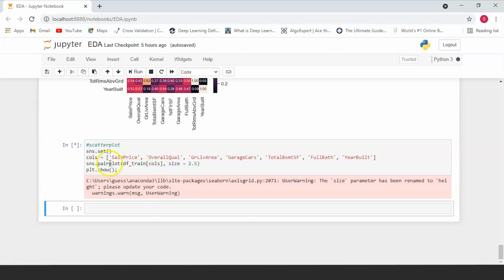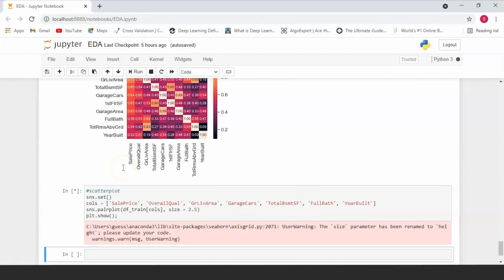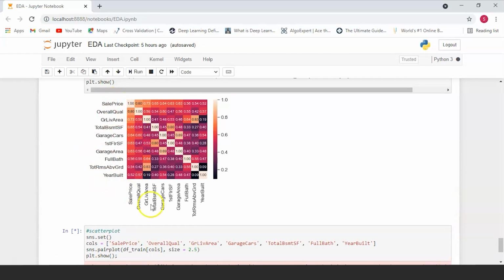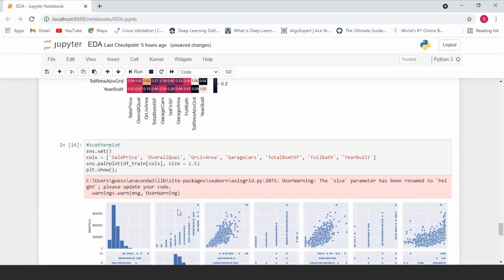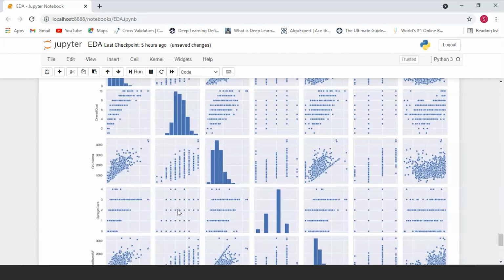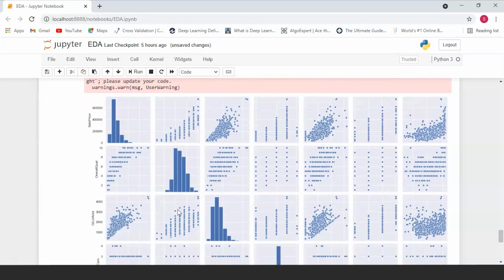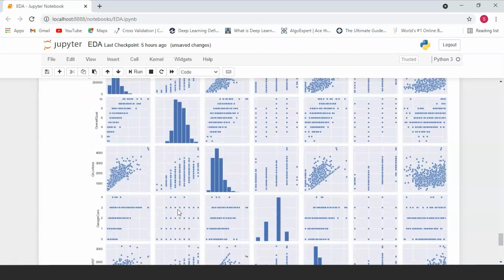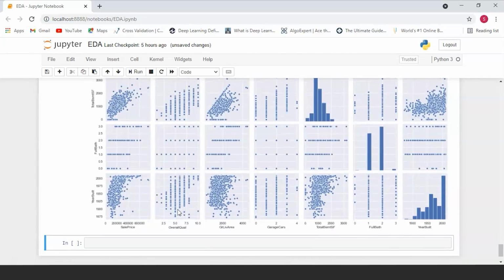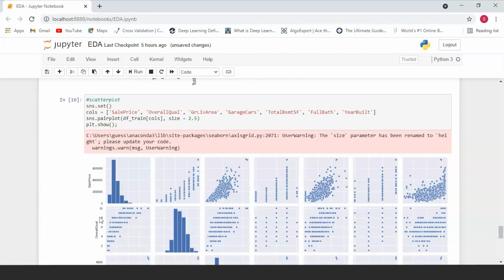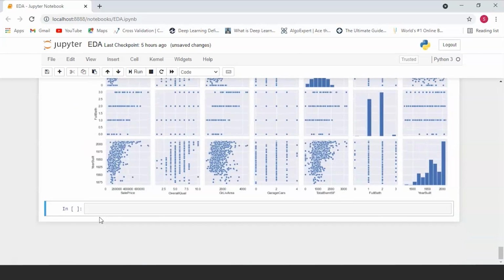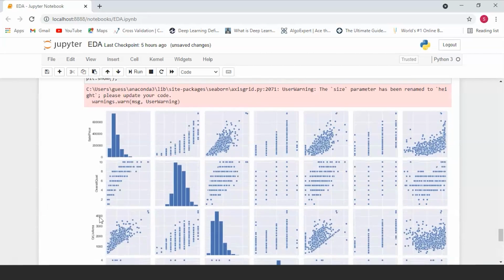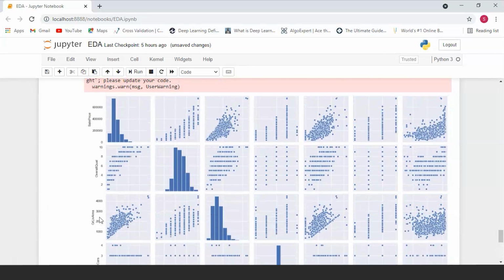So finally, let's create a pair plot consisting of all of these different variables. Pair plots are an amazing way to convey a lot of information in a short space. Basically, we can use it to create multiple different scatter plots between many variables in a very small space and get a general overview of what our data looks like.